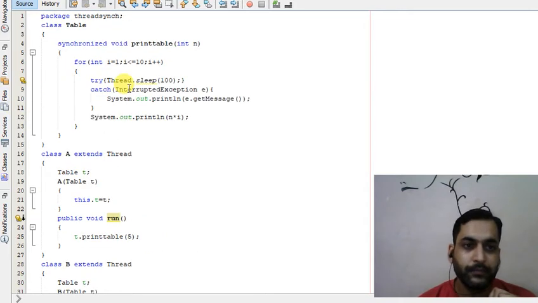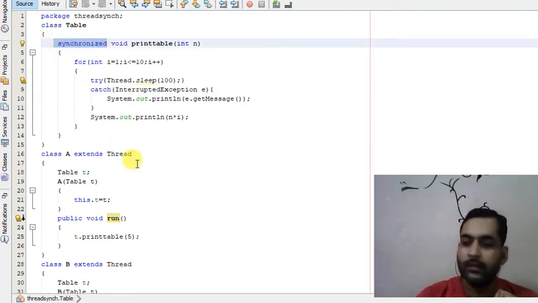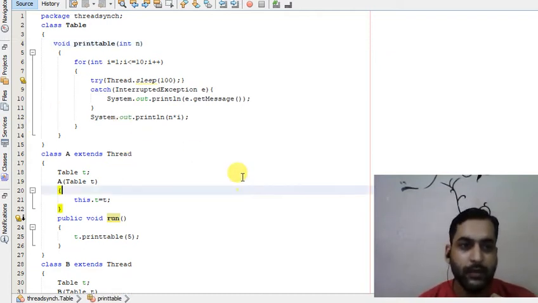But what I have done here, I have used the synchronized keyword. Okay, let us first remove this synchronized keyword and see the output. After that we'll see the use of the synchronized keyword.